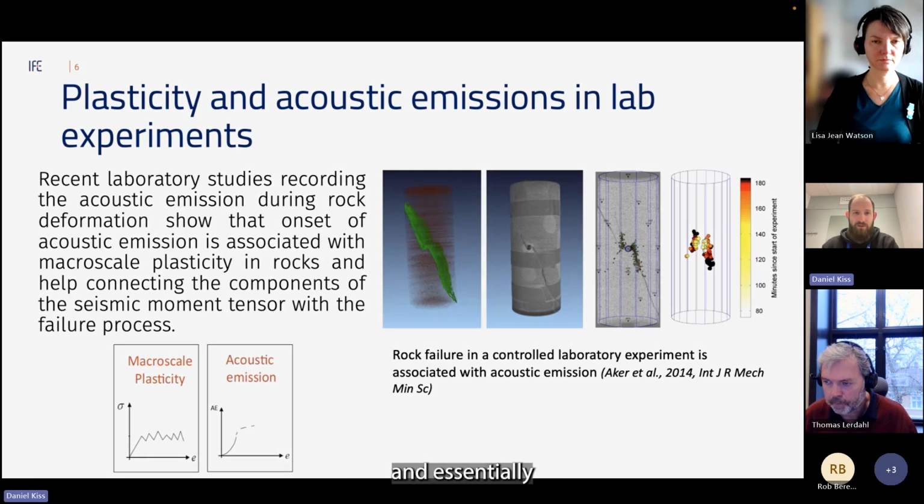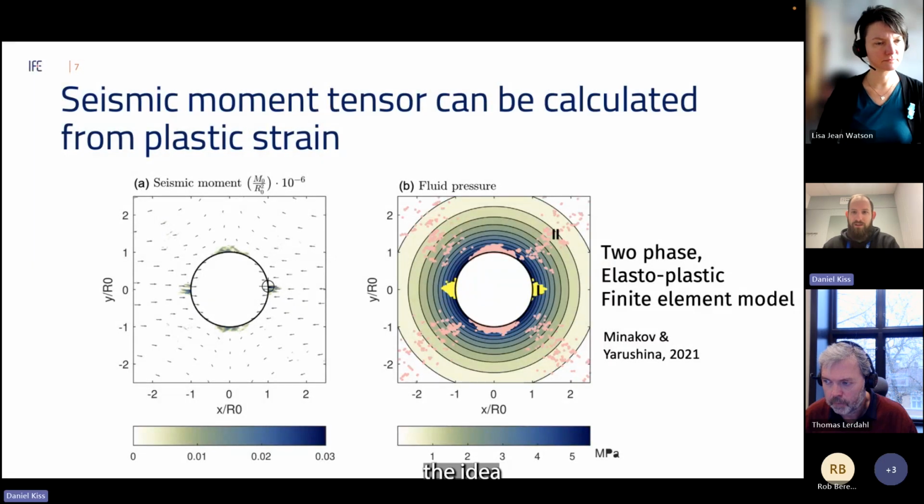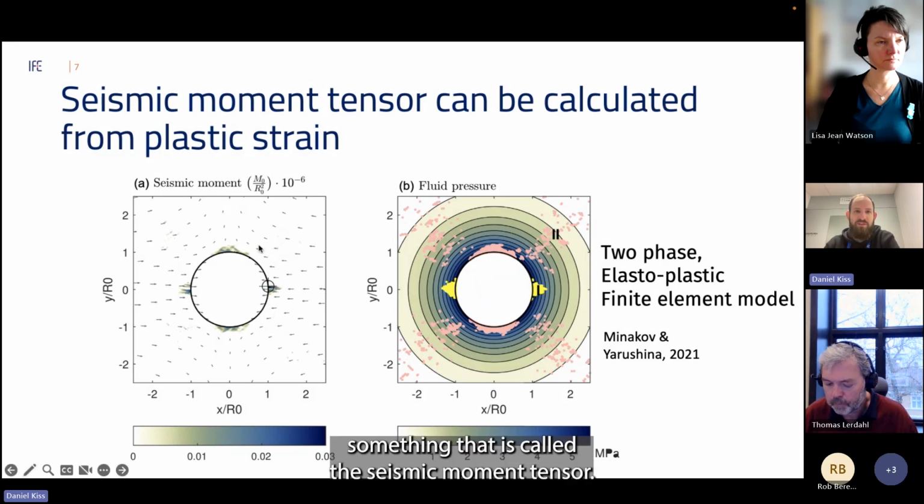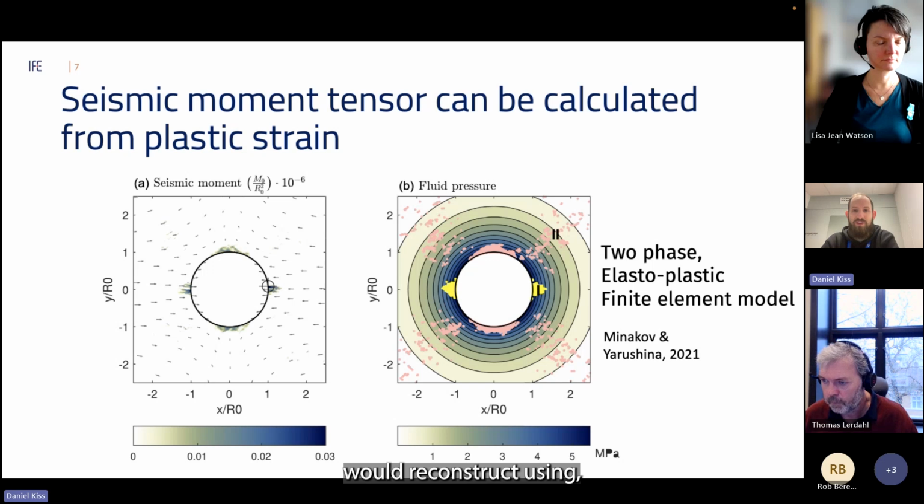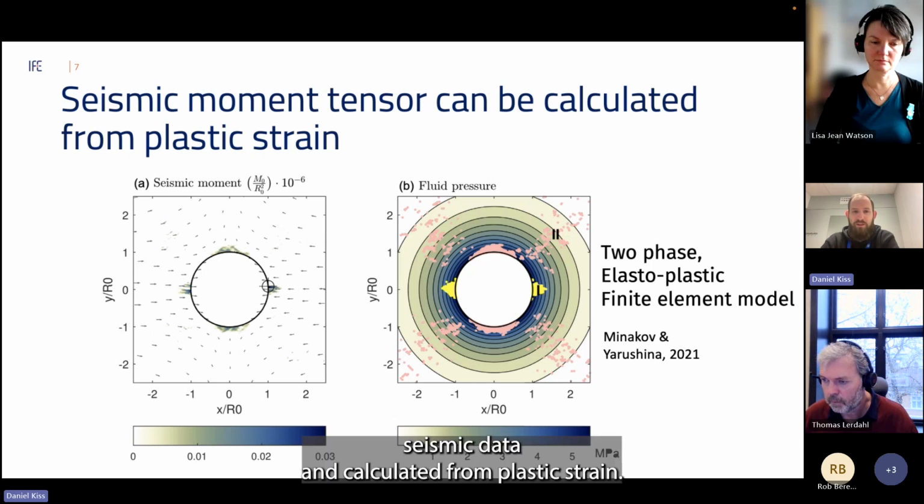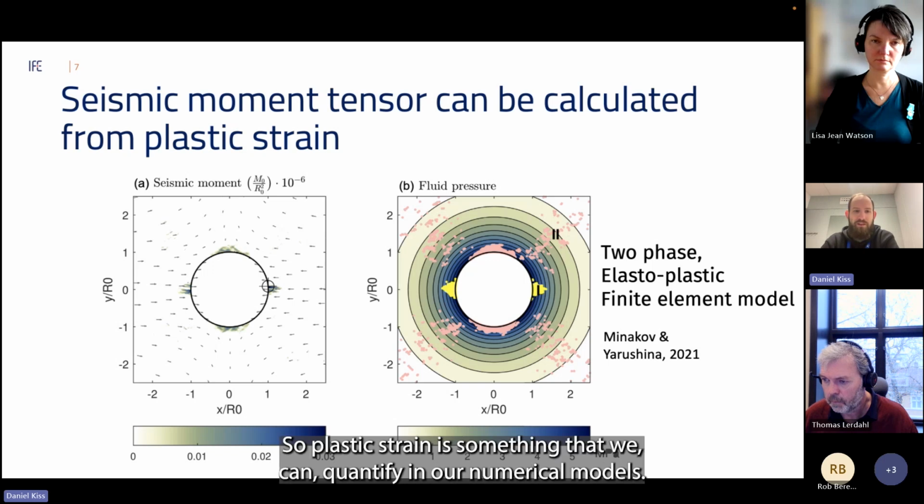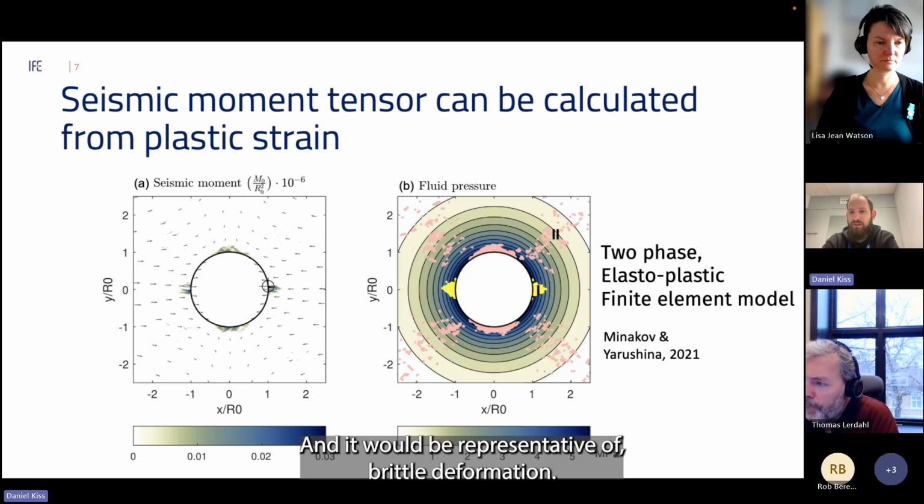And essentially, this was the inspiration for developing a method to calculate something called the seismic moment tensor. This is essentially what seismologists would reconstruct using seismic data, and we calculate it from plastic strain. Plastic strain is something that we can quantify in our numerical models, and it would be representative of brittle